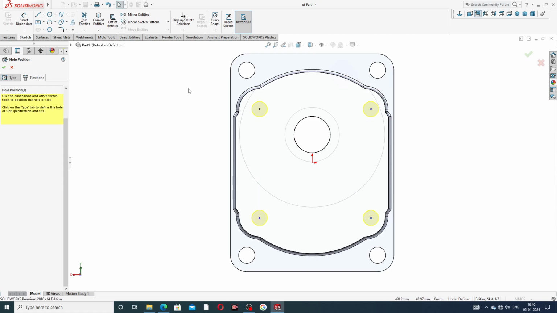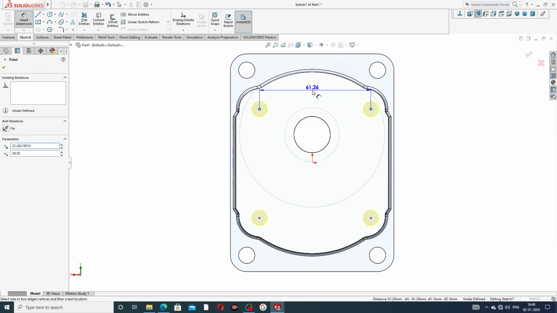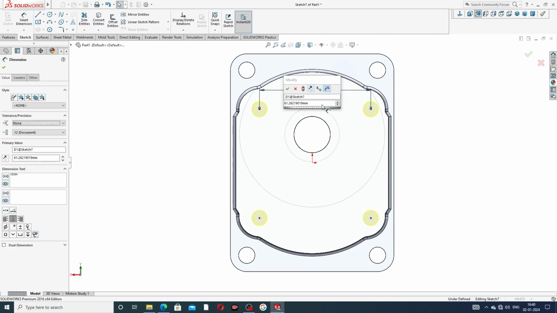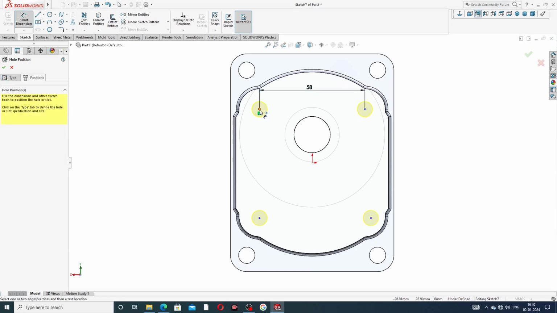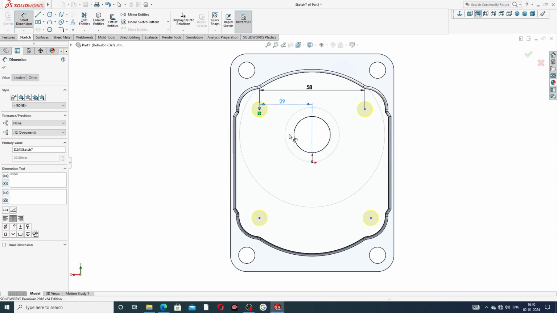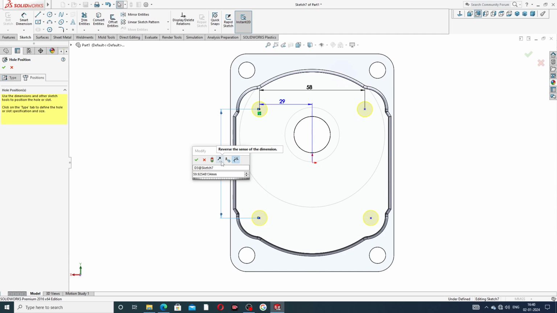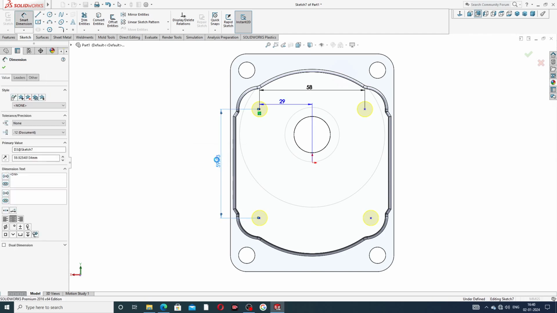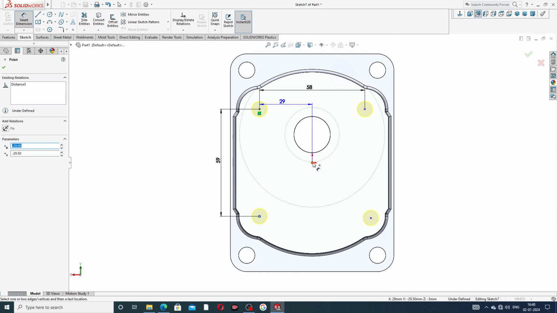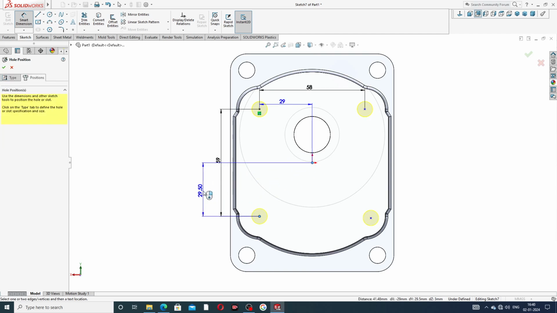Okay, and now define a dimension. This distance to this is 58 millimeter. This distance is 58 millimeter, and this distance to this is 29 millimeter, which is perfect, and this to this is 59 millimeter. Okay, 59 millimeter, and also this to this is